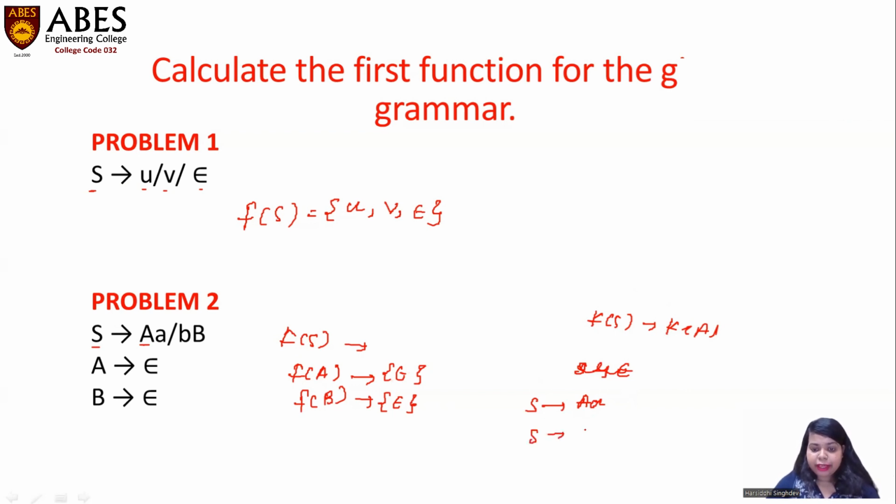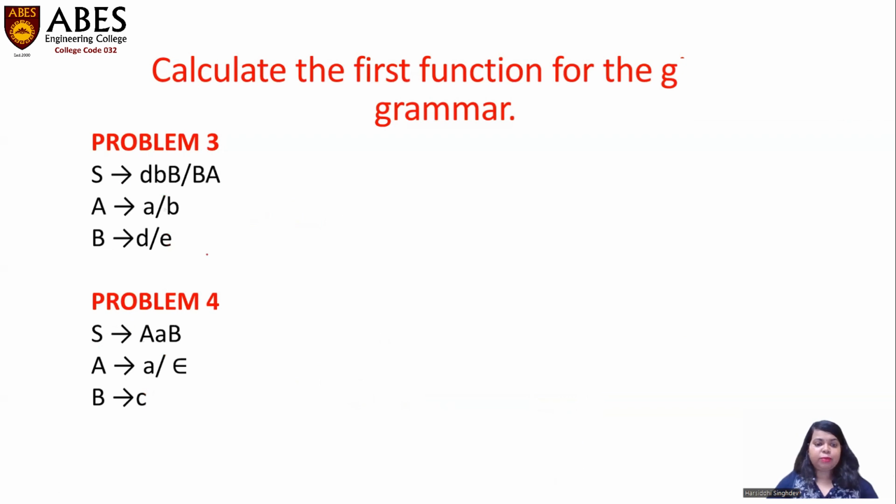Here in place of A, when I put epsilon, then the production is reduced to S tends to epsilon. So we can say that first of S contains epsilon. And what is the other first of S? What is B? So we can say that in the first of S, we can put either A or B. Okay. Now the next problem we have